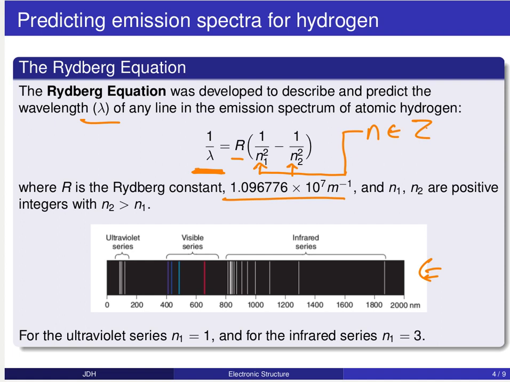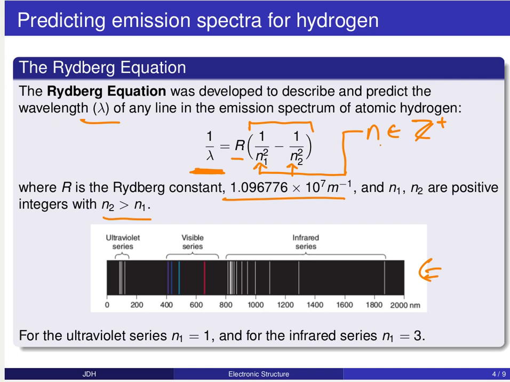different values of n. These n's are integer values, and they're specific integers such that they are both positive and n2 is greater than n1. So if n2 is greater than n1, then this term in parentheses here is always going to be positive. The Rydberg constant is positive, and we're guaranteed to get a positive 1 over lambda, and hence a positive wavelength. So in order for this equation to make sense, we have to have those constraints on the